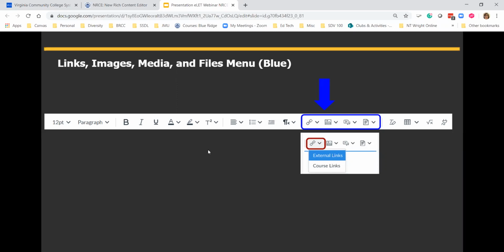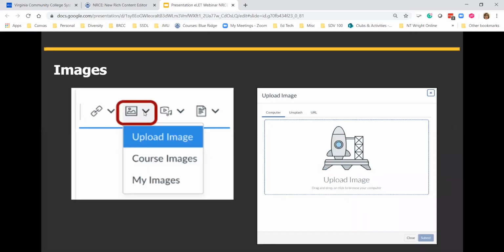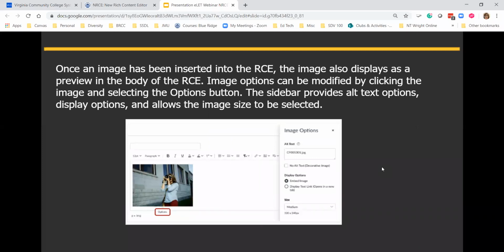Once an image has been inserted into, so this is where, I'm sorry, I missed this. So this is where I was previously talking about the upload image, the course image, and my image. And when you want an image, you can just drag and drop it into the tool area. So once an image has been inserted into the Rich Content Editor, it also displays a preview box of the